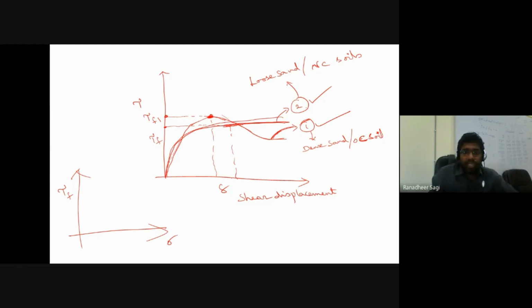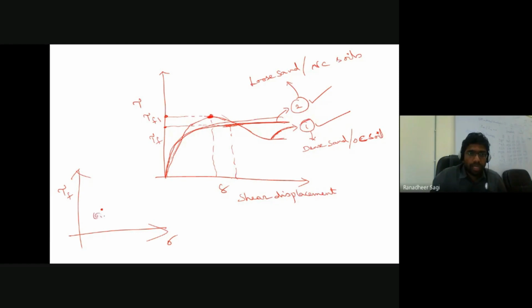Ultimately, whatever the pattern of the curve, whether you have a peak value and then your shear stress value decreases, or whether your shear stress continuously increases and remains constant, it doesn't matter. Our ultimate objective is to understand the maximum shear stress value that your soil has as a capability before it is said to be undergoing failure. So what maximum shear stress was getting developed along this failure plane before the soil is said to be undergoing failure. Okay, so once I know that maximum shear stress value, then for the corresponding applied normal stress,